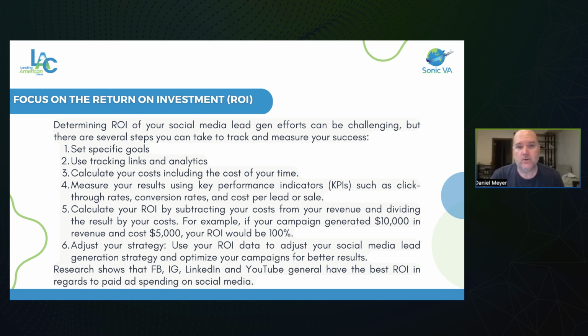So you want to set specific goals, right? I mentioned to you guys last night, I want you to tell me how many people you want to add into your network. If you have 100 friends now, I want you to be able to say, and this doesn't have to actually happen, but it should be a realistic goal, I think I can add 100 more friends in the next 30 days. So we can track towards that. And if after that 30 days you don't add 100 more friends, how many did you add? So we adjust our goal month over month. That's how you start thinking about setting specific goals, right?